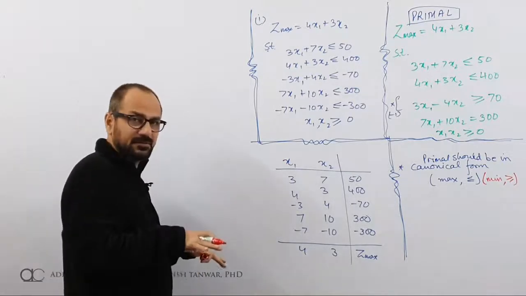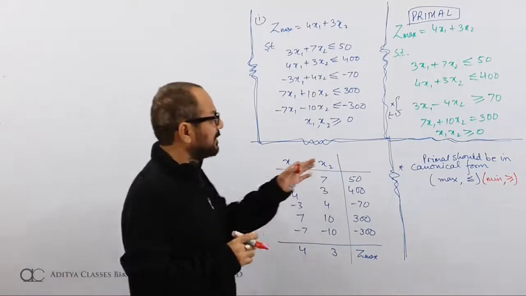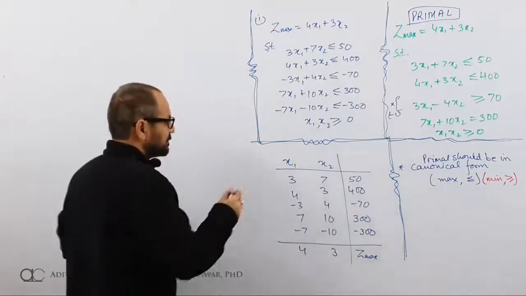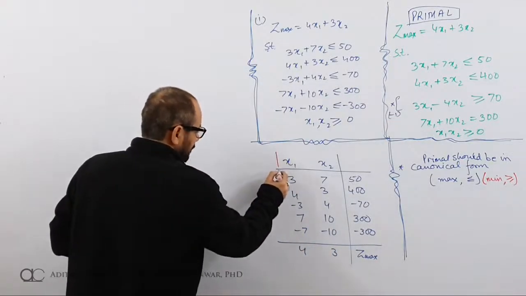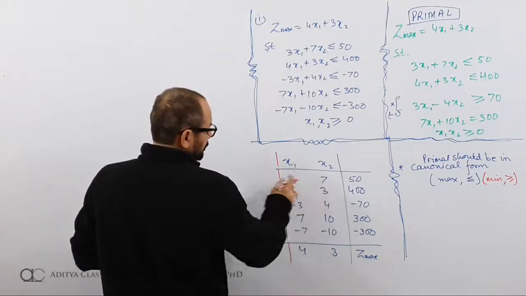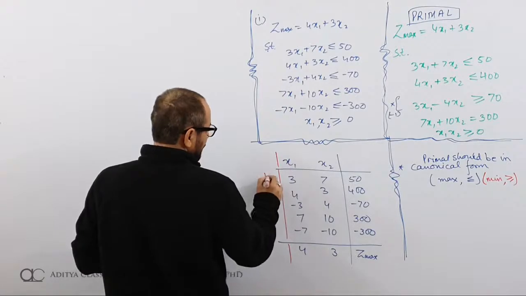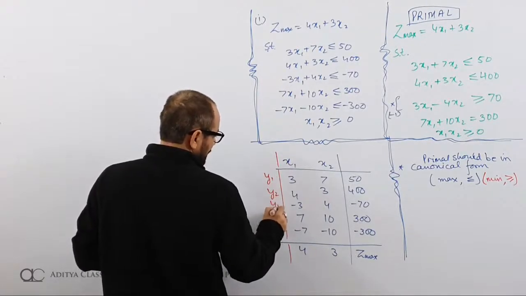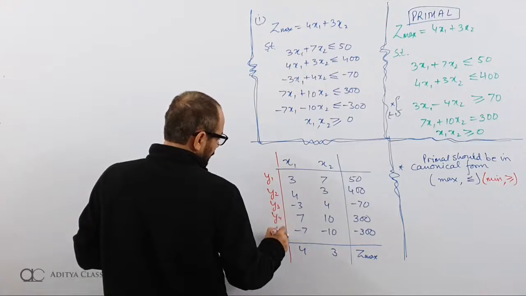Now, I am starting my formulation of dual. Up till this point, I was only converting the problem for formulation of dual. This was only conversion. Now, I am actually into converting it. How does that conversion go? Now, instead of variables having this axis, I will be having variables on this axis: y1, y2, y3, y4 and y5.